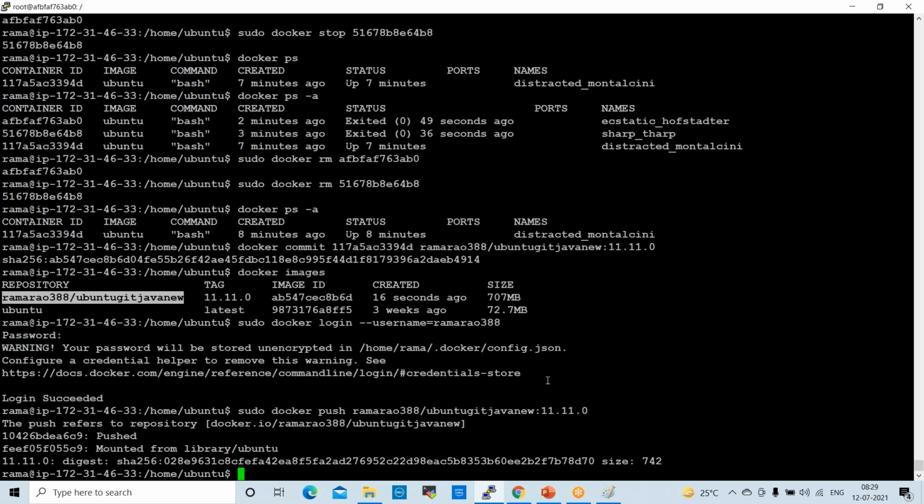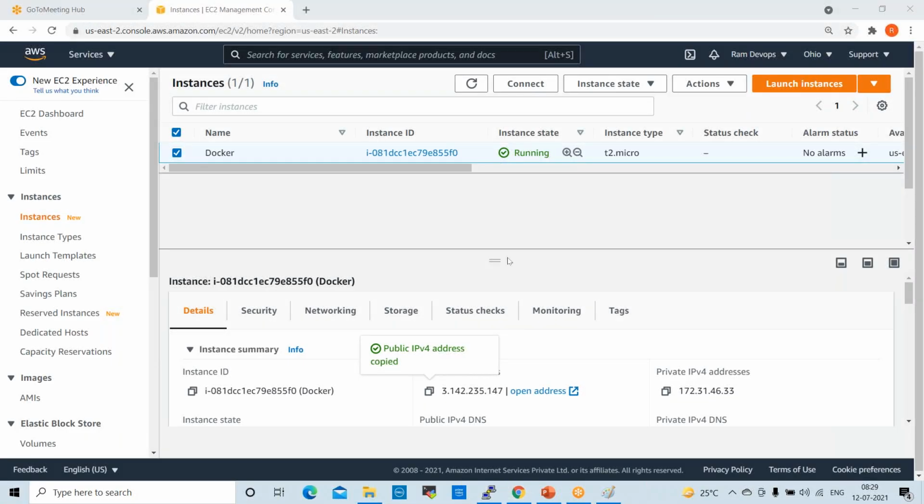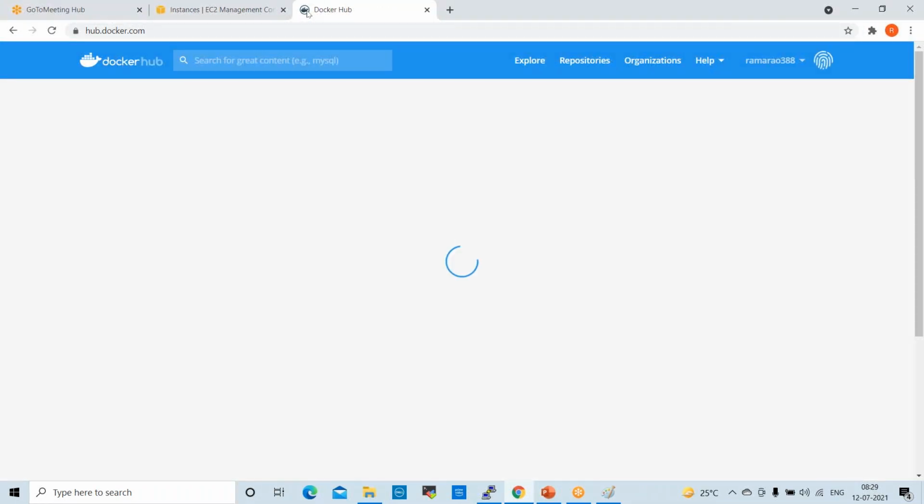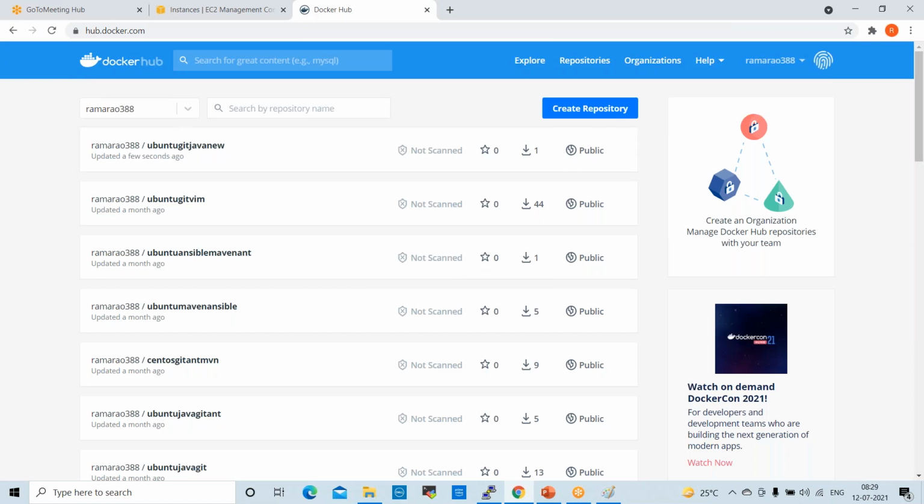Now if you go and check in Docker Hub, go to hub.docker.com. See here, a few seconds ago, this is our image. Okay.